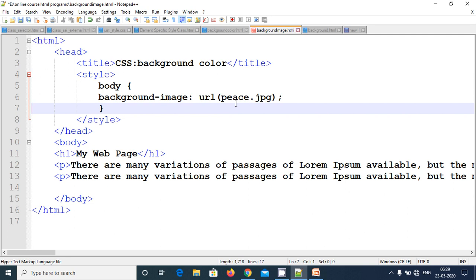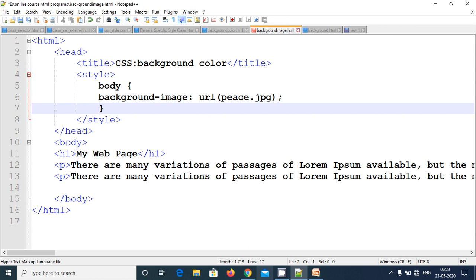I have the image called piece.jpg. The piece.jpg file exists where I have my HTML file, so I have just specified the image name with the extension. In case it exists in some other folder, you may have to specify exactly where the image is located. So this is how the image background will work.